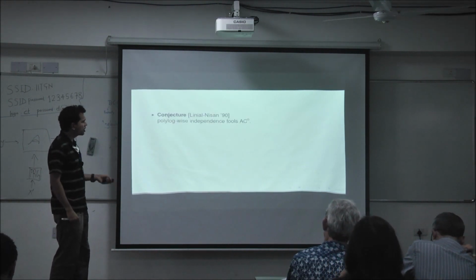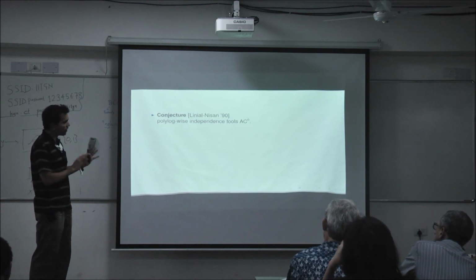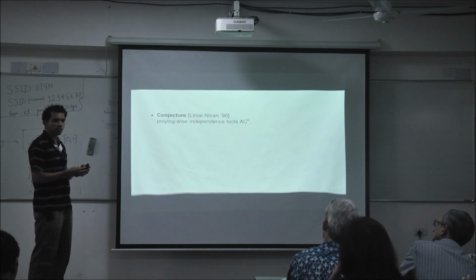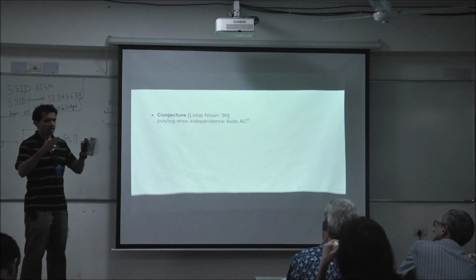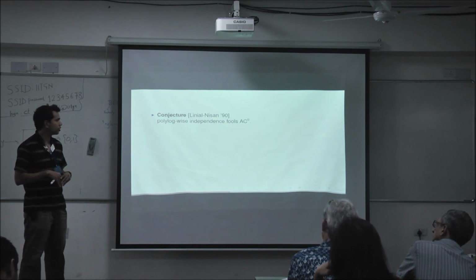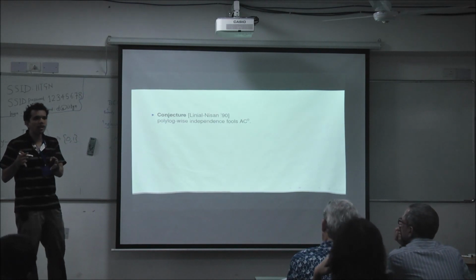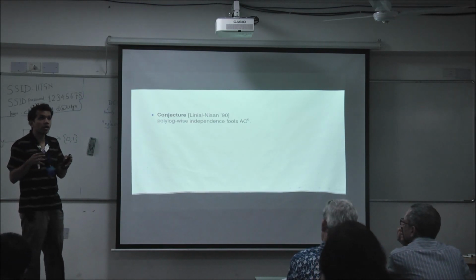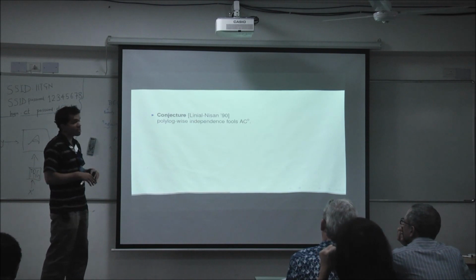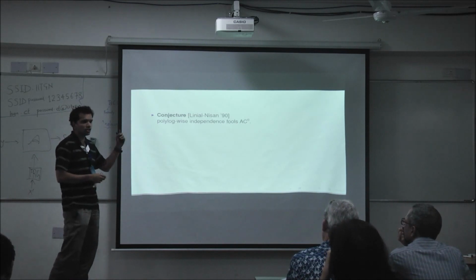So this is a question that was motivated back in the 90s by a conjecture of Linial and Nisan. For very good and well-motivated reasons, they conjectured that the amount of independence required to fool AC0 is polylogarithmic. Just to understand, the normal uniform distribution is n-wise independent. All the bits are independent and uniformly distributed. A polylog-wise independent distribution is one where only, let's say, roughly log many bits, if you look at them, look independent and uniformly distributed. But if you look at slightly more than that, then they're no longer uniform. So what this conjecture says is any distribution that looks random if you look only at a small number of bits fools it.